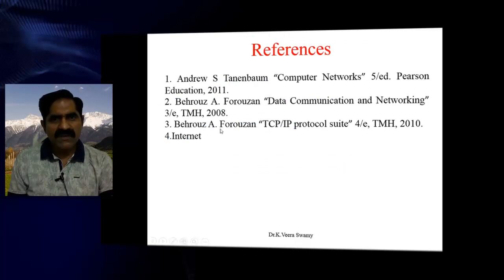For better understanding, you may refer to these books: Computer Networks by Tanenbaum, Data Communications and Networking by Forouzan, or TCP/IP Protocol Suite by Forouzan, or you can find a lot of literature on the internet related to this